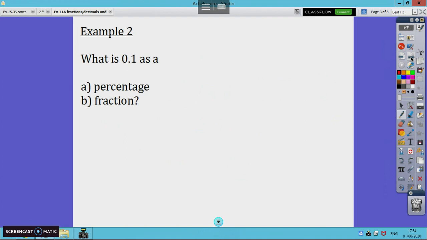Example number 2 was 0.1 as a percentage and then as a fraction. So let's have a look. Remember, pause the video, write this down. This is example number 2. Part A,